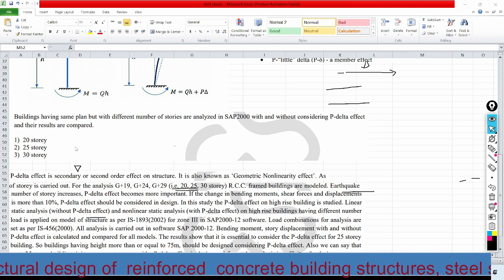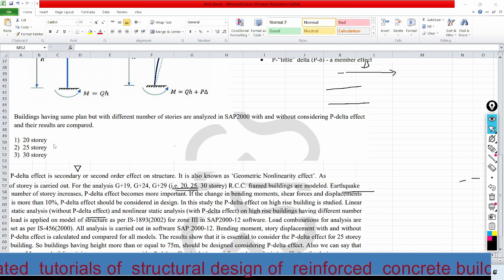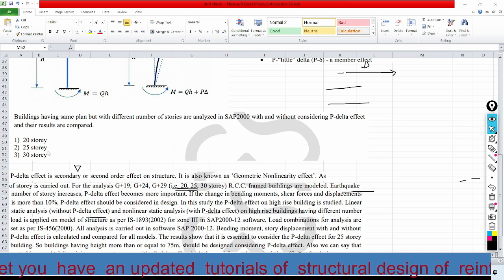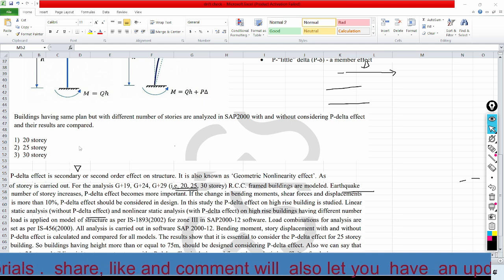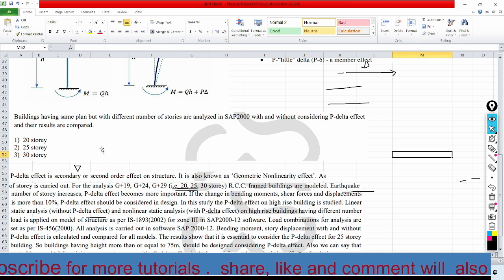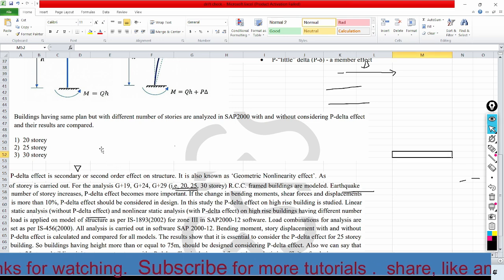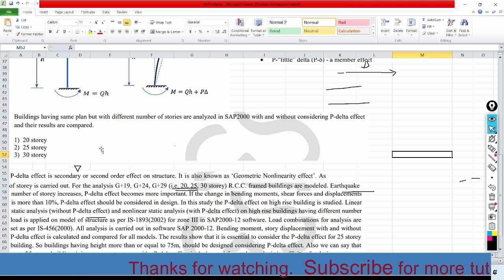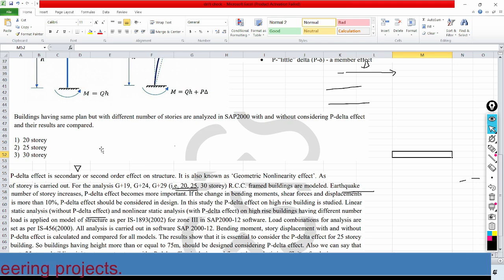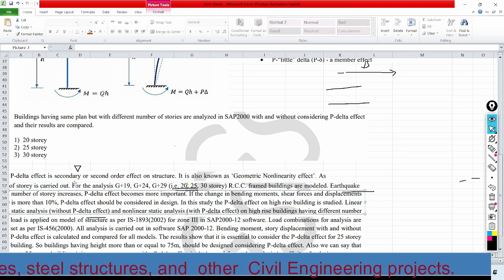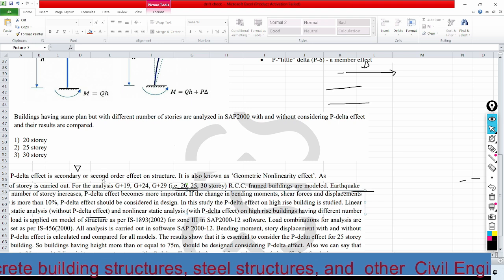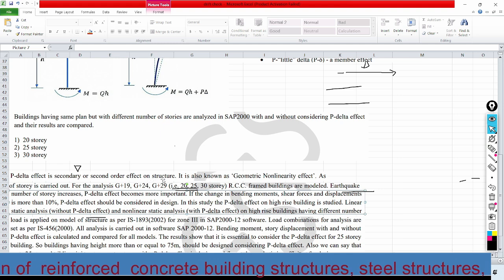Three projects were selected. The first one is a 20-story building, the second one is a 25-story building, and the third one is a 30-story building. So in which story will the P delta effect have